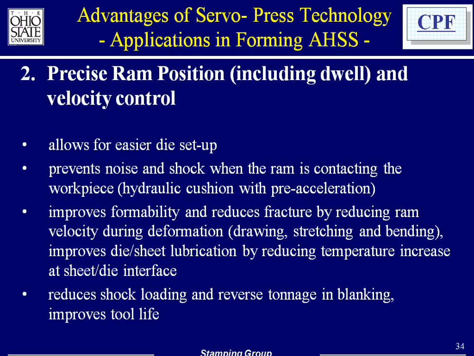Now, what can the precise ram position and dwell and velocity control do? Number one, allows for easier die setup. Some people really say, this is great. We can set up the dies much easier. And, of course, it prevents noise and shock. We discussed that already. And improves the formability and reduces fracture by reducing ram velocity during the formation, especially during